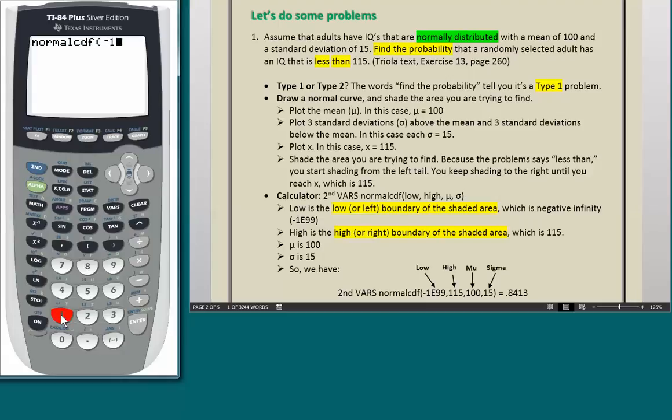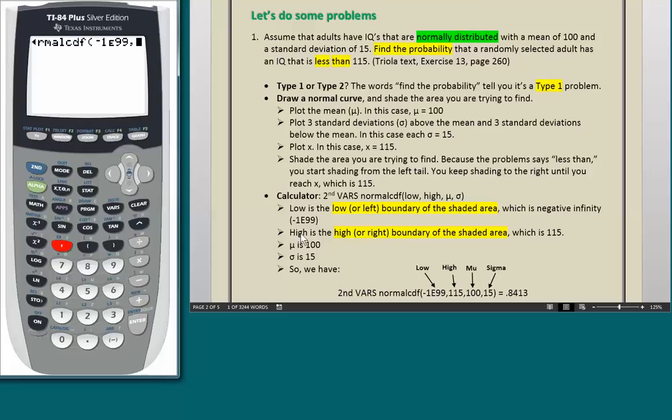Now this e, how do we make the e? You'll see this comma key, and right above it you see 2 little e's in blue. We want those e's, although it's only going to show us 1 e. So we hit the second key and the comma key, and that's the e that you want. Again, we want -1e99, so now I'm going to type in 99, and now a comma.